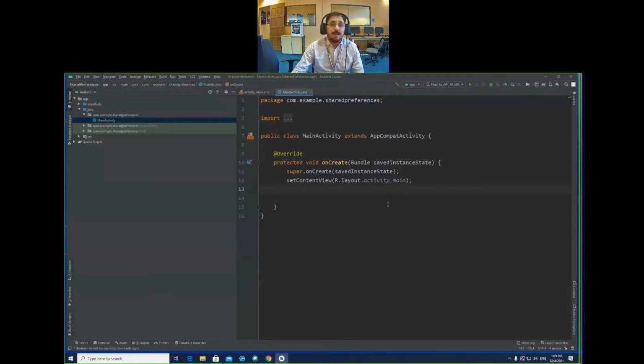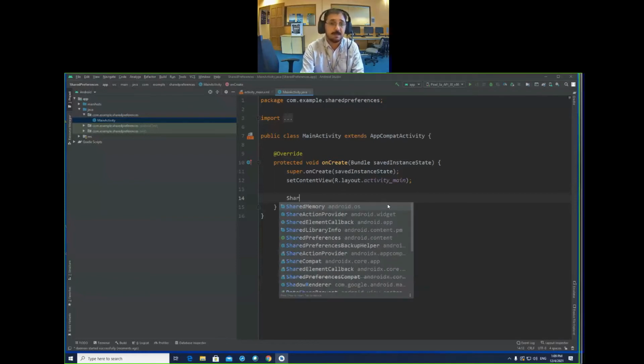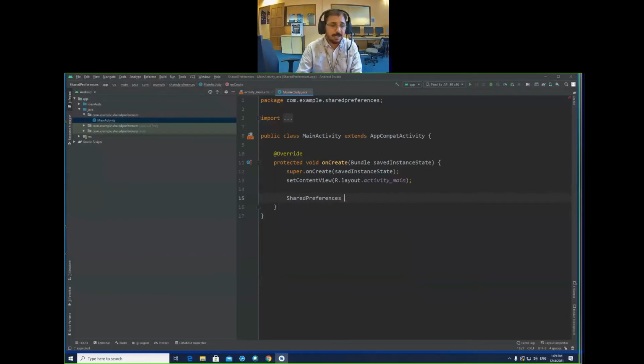Okay, for the shared preferences, every project has a default file. So if you want to use the default file, or if you want to create your own file in that shared memory, it's up to you. These are two different ways how to use. So let's first create our own file there. So shared preferences, and you can give any name to it, mostly with small letters.